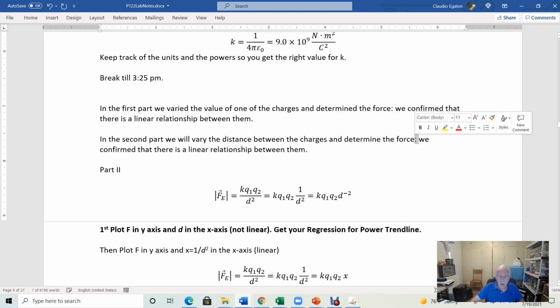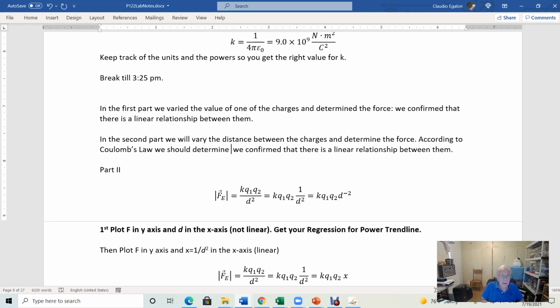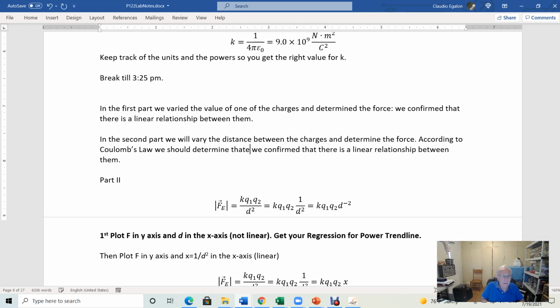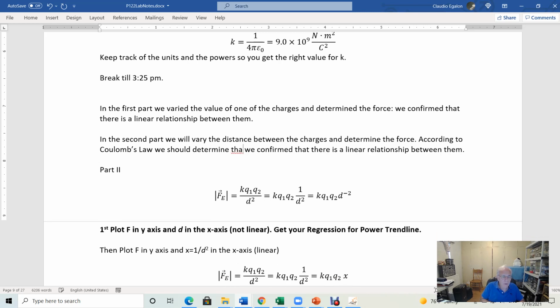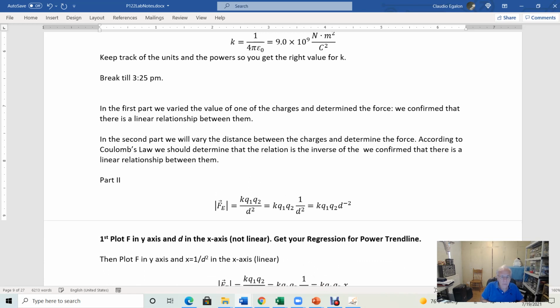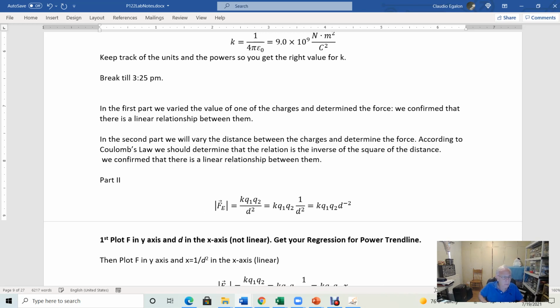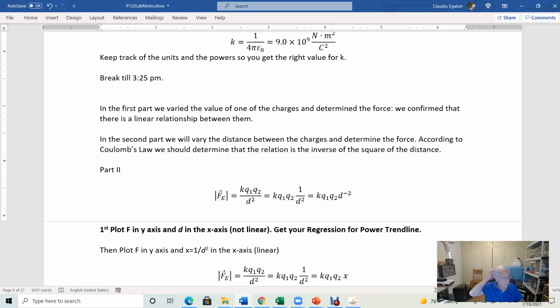According to Coulomb's law, we should determine that the relation is the inverse of the square of the distance. Okay,